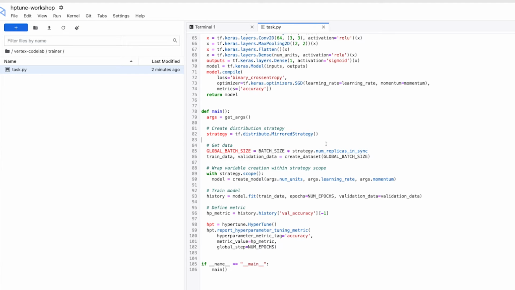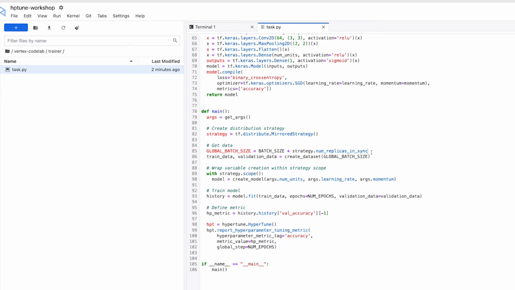The next step is to scale our batch size by the number of GPUs that we have. So that's what's happening in this line right over here. Instead of setting the number of GPUs to 2 and just hard coding it right here, I went ahead and used this num_replicas_in_sync method, which will just return the number of GPUs that we have on our machine. So that's going to be 2 when we launch our training job, because we're going to make use of 2 GPUs, but this just saves us from having to hard code that number in here.